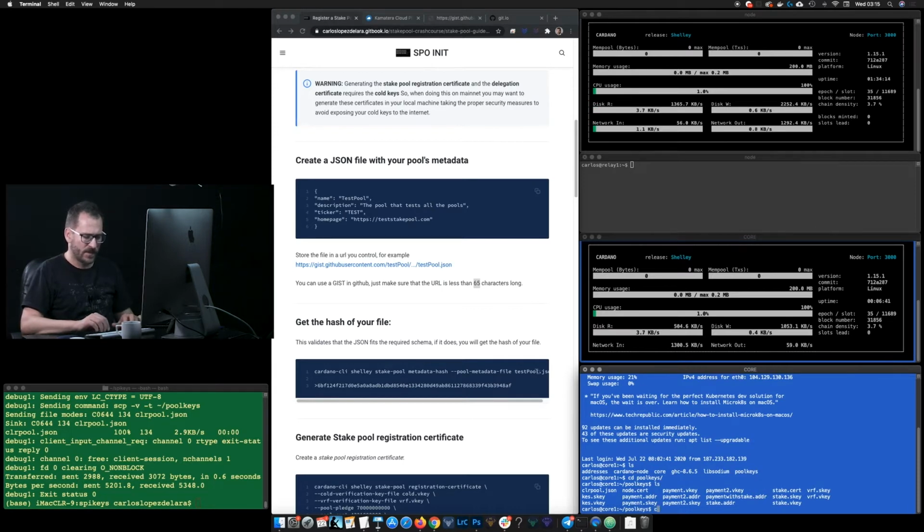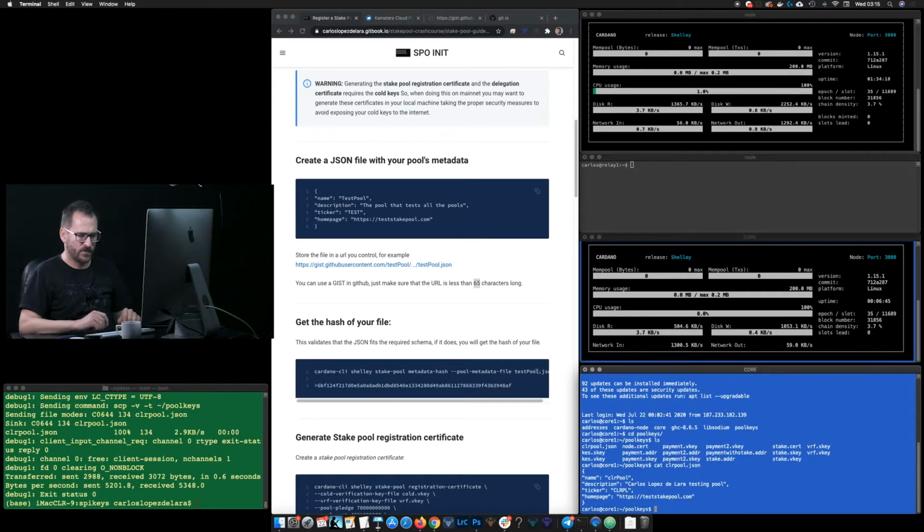Yes, here it is. And let me just show you cat CLR pool JSON. And here is the same file that I am using. Obviously, this is a fake URL. And, well, there is a ticker that I am using, and all the information that we need. And the reason for us to need this file here is that we need to get the hash of this